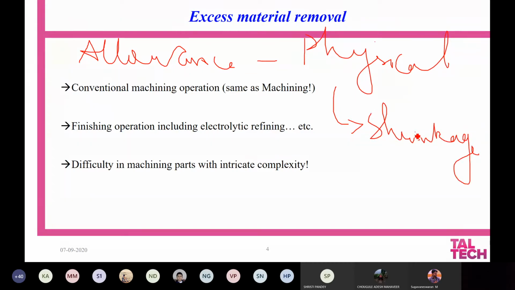When you cool any material from very high temperature to room temperature, and when it undergoes a liquid to solid transformation, you will always have either a contraction or an expansion of the material. For example, if you are pouring water in any mold, and if you are cooling the water, you will have ice, but the volume of the water increases. After it gets into ice, you see that there is some kind of expansion in the volume